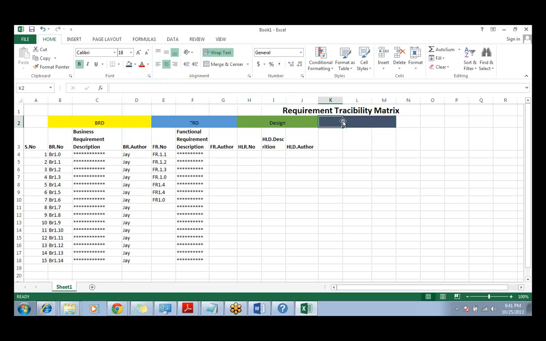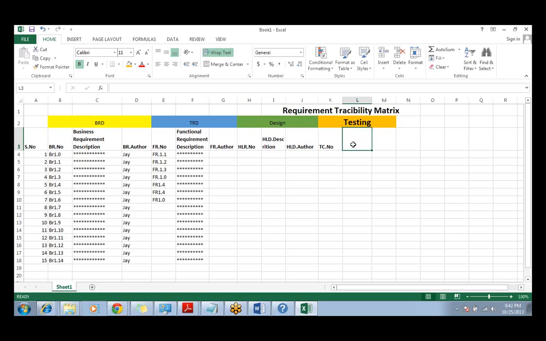TRD is your technical requirement document. I just want to take some light color so that we can read it. TRD is the technical requirement document. Now here what you will do, you will write test case